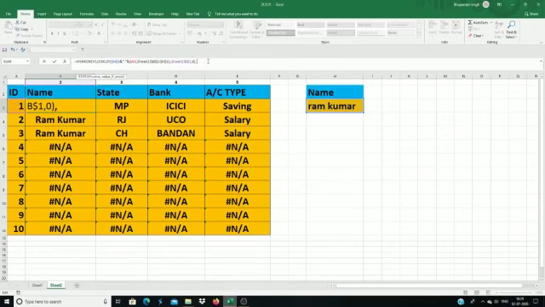Put comma, and now the second parameter is value_if_error. That means if your formula will not work, then what you want to show. So we don't want to show anything, we just need to clean our project area. That's why we put double quotes, that means nothing.